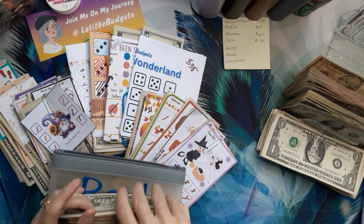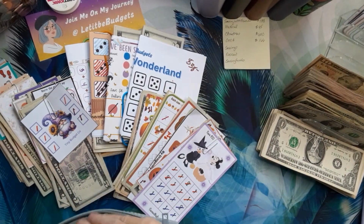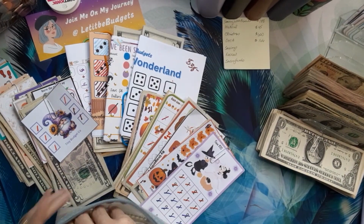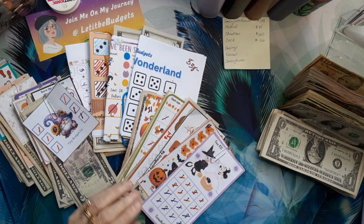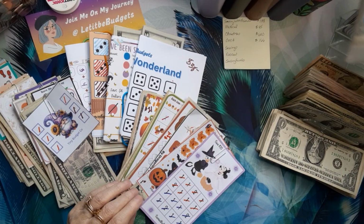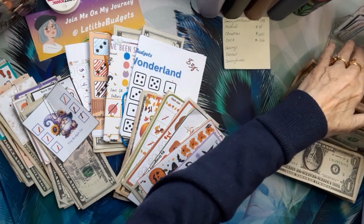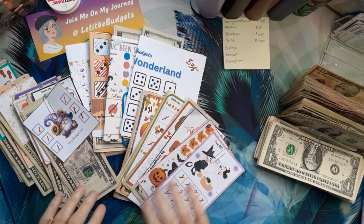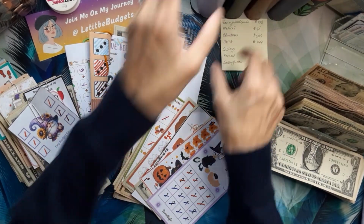So this will all go back to the bank also. So I'm just going to keep it in here until I get through this money. And then we'll go through this and maybe I can condense some things. So right now I'm going to do this. I set this back here out of the way. Okay, I think the first thing I want to do,